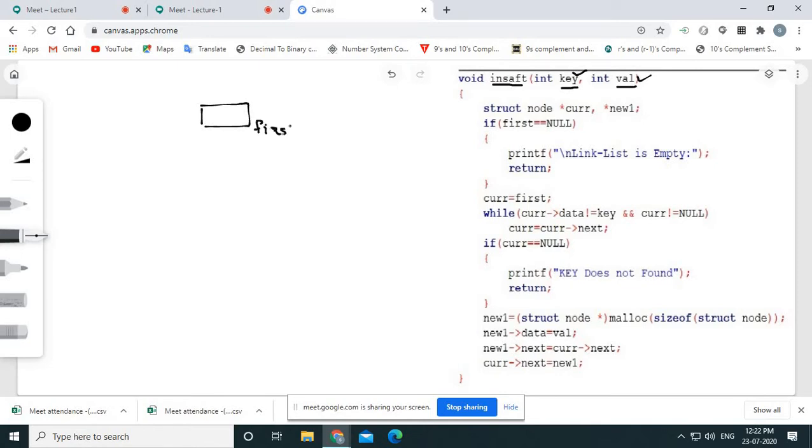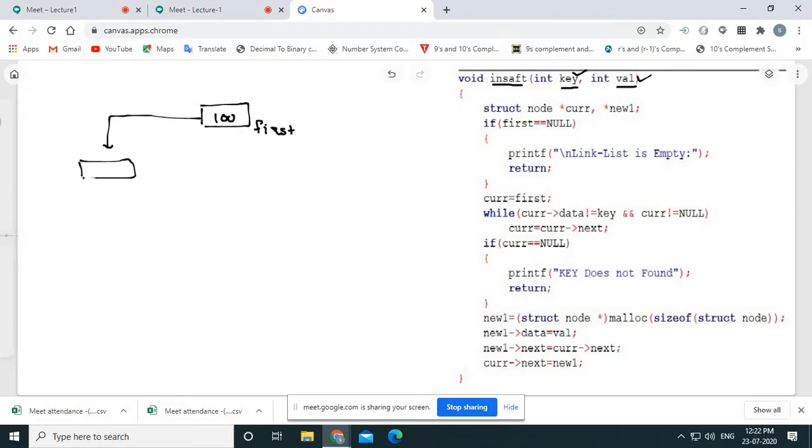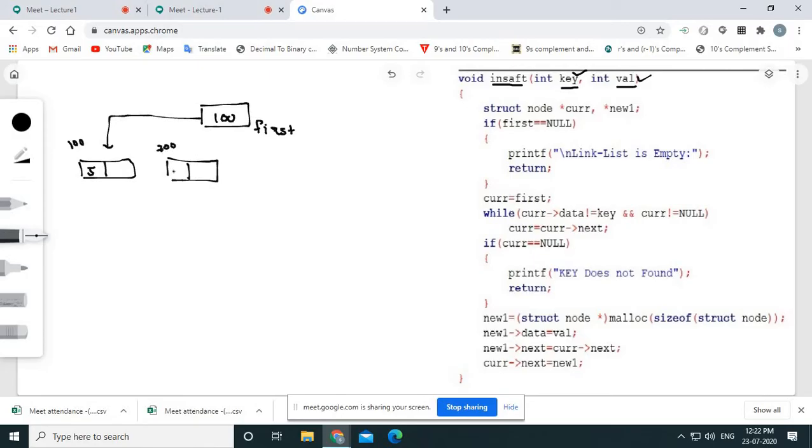So this is the first pointer. First pointer is having, suppose, the address of the first node, so the user can go to the first node. Let this be your first node, right? And here suppose 100 is there. Suppose the user has inserted 5 here. This is your second node, right? So the second node has address suppose 200. Suppose the user wants to insert 10, so the second node's data part is having 10.